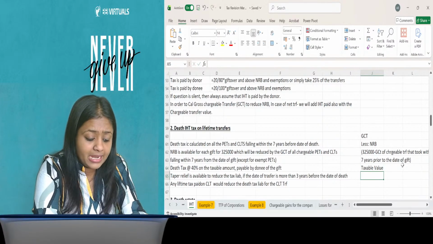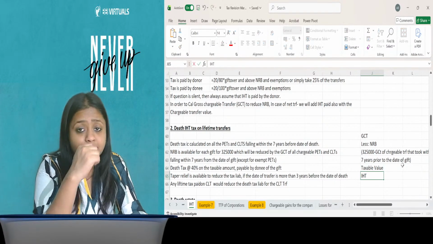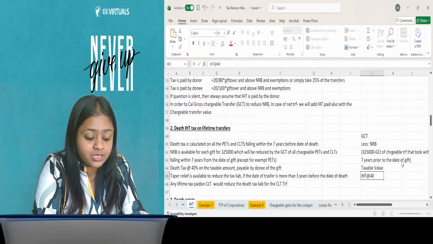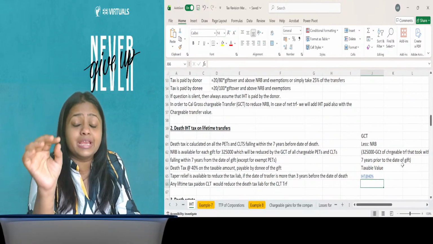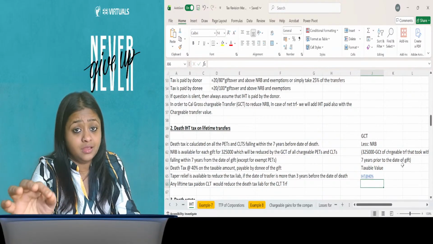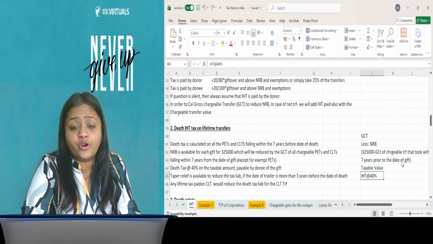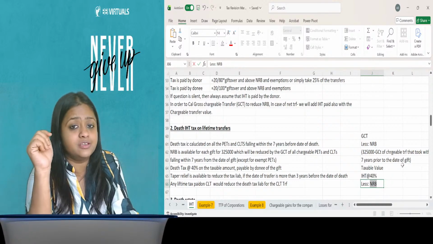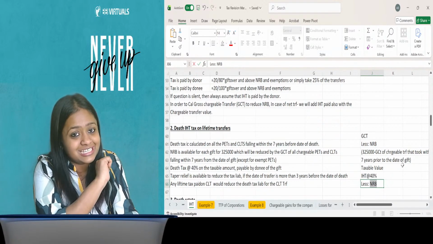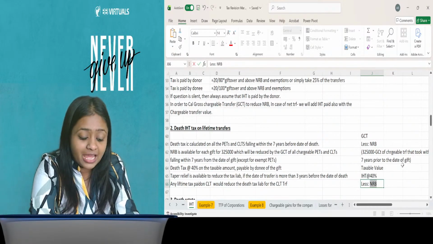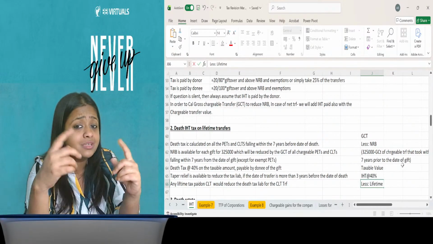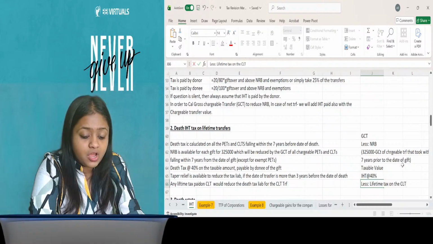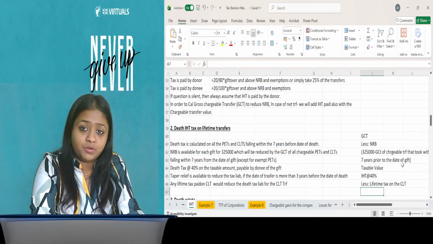Again you will calculate IHT here, but now at the time of death tax, your IHT is not 20 or 25%. It is at the rate of 40%. Since the taxpayer has died, it is going to be borne by the donee only. Now, if it is a CLT transfer falling in the 7 years period on which you are calculating that IHT, then you will reduce the lifetime tax that you have already borne. Otherwise, it will lead to double tax, right? So lifetime tax on the CLT transfer only, because PETs were never subject to lifetime tax.